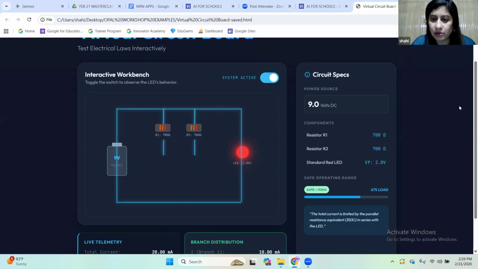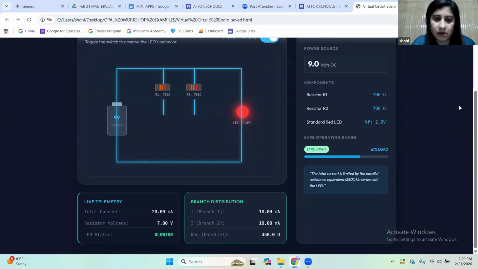Now it has done its calculations to check whether the circuit is fine and will work well or not. Just hold on. So these are the details which it had calculated as the output.